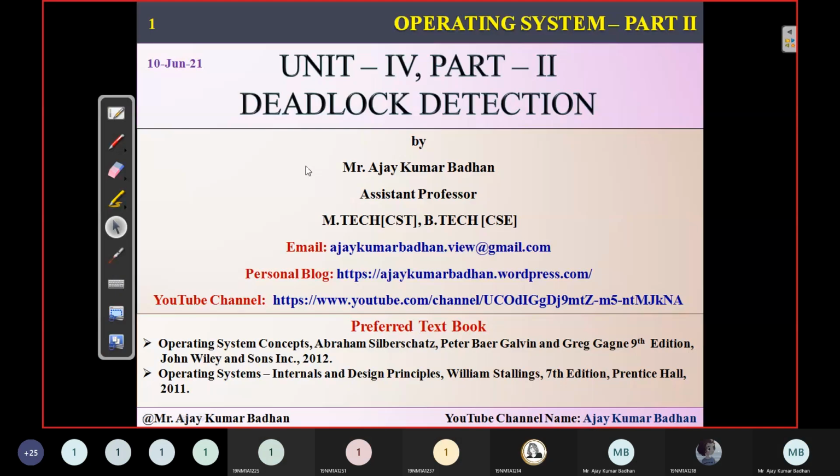Today, since we were discussing the concepts related to deadlock, in the previous session we discussed something called deadlock avoidance, right? We discussed the avoidance algorithm, and we have seen how the system tries to avoid a deadlock situation coming into the operating system. For that, we had to give some prior information. The processes which are going to perform operations on the system have to provide prior information, in the sense before itself, about how many resources it is going to use and how many instances of each resource that particular process is going to access during its execution time. That we have seen.